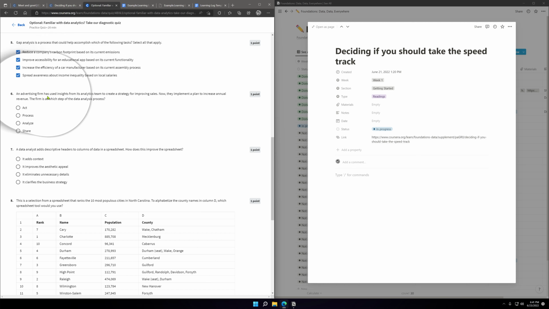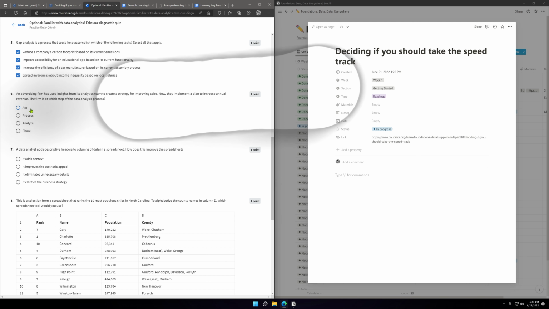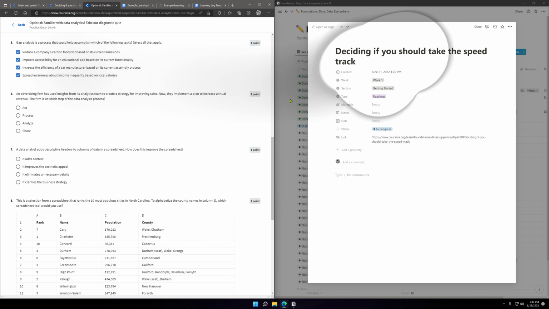An advertising firm has used insights from its analytical team to create strategy for improving sales. Now they implement a plan to increase annual revenue. The firm is at which step of the data analysis process?